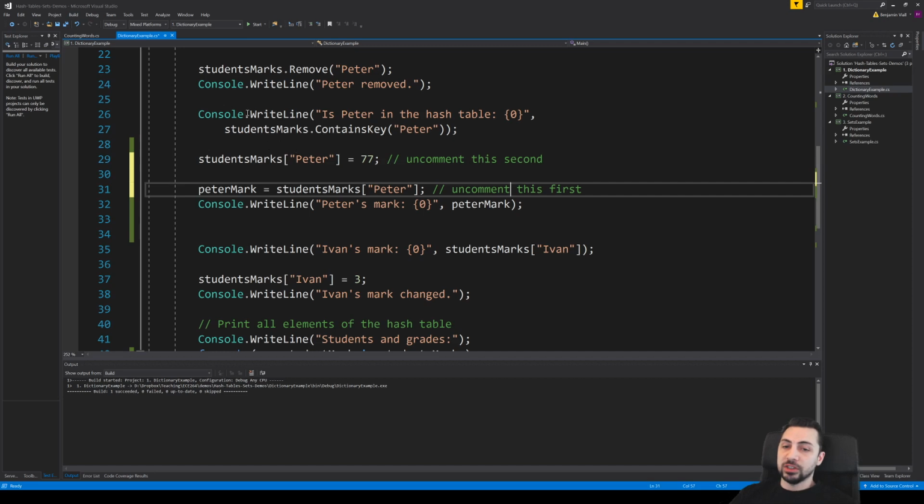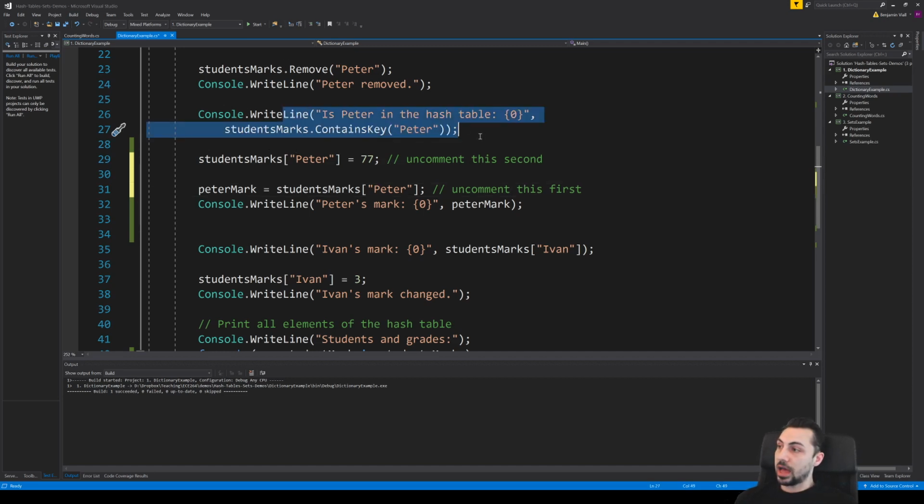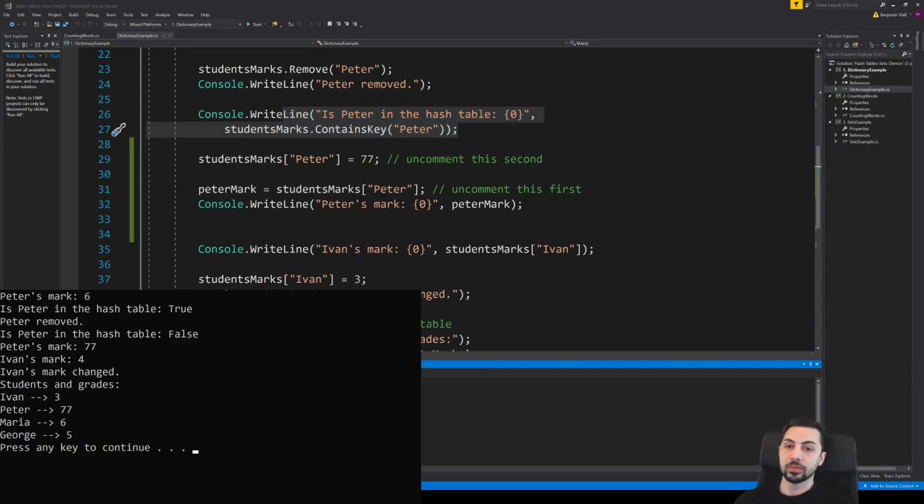So now we've actually said Peter. Now, we know that right at this line, the student marks dictionary does not contain the key Peter. Okay, so we're going to run this. And it did not crash. The reason it didn't crash, here it says, okay, it's not in the hash table, it's false.